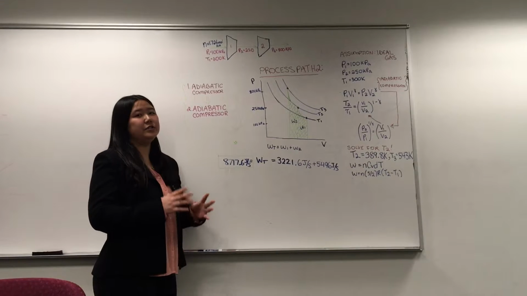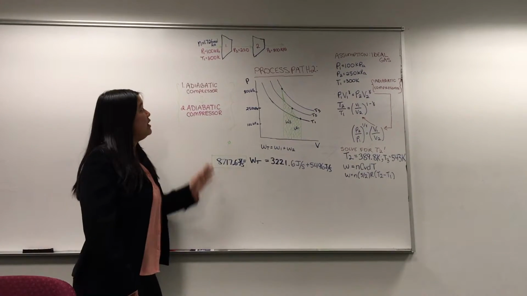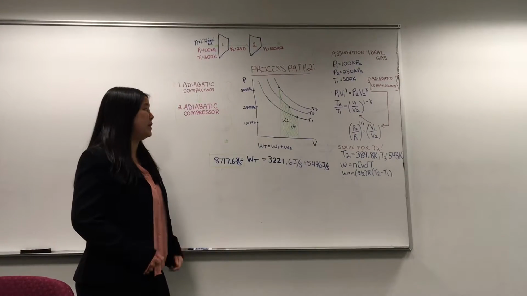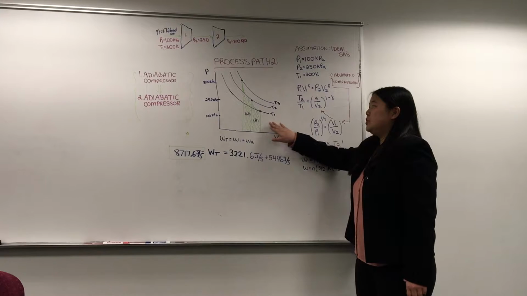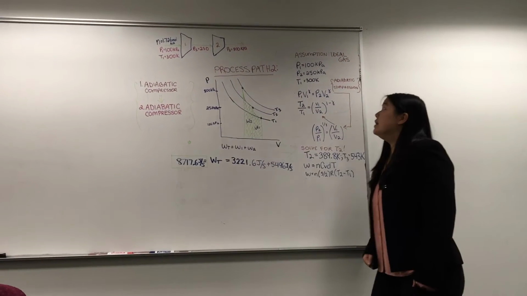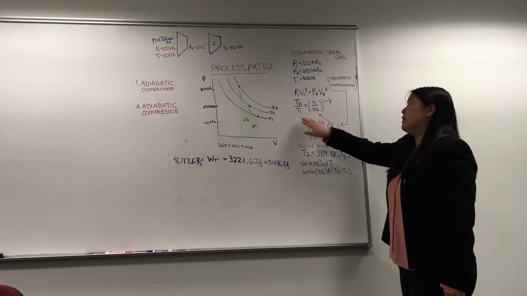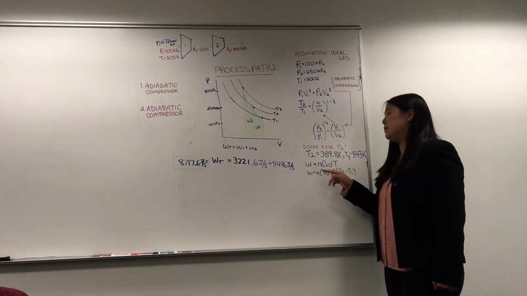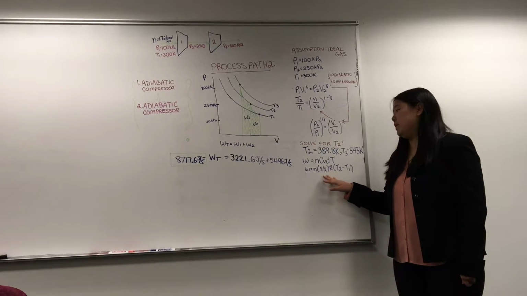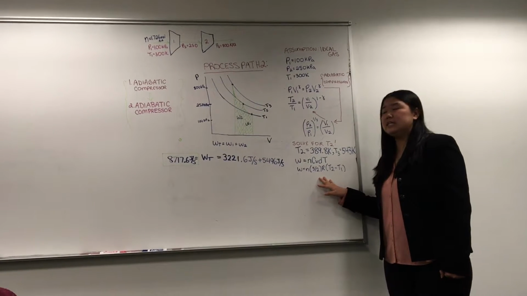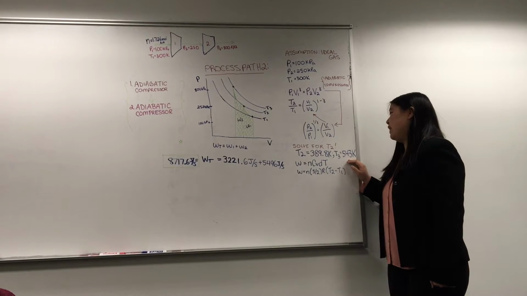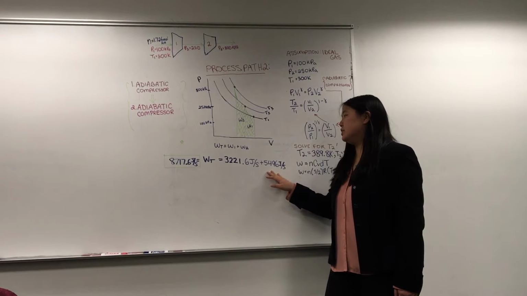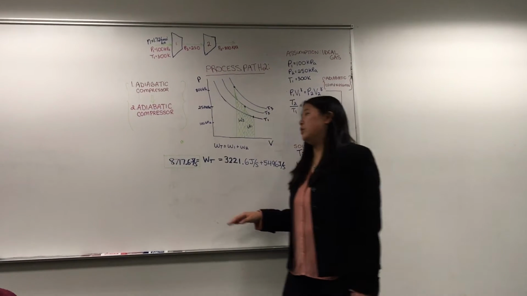So for my system, I used two adiabatic compressors. From there, it flew into the second compressor to get the final result of 800 kPa, which is what the customer wanted. From here, you can see that there are two distinct areas of work. I used the assumptions of ideal gas to find the new temperature. I used the work equal to CV delta T times moles. We used a relationship of 5/2 R because we assumed it was a diatomic ideal gas. Our second temperature was 543 Kelvin. Second work to be 5,496 joules per second to give us a total work of